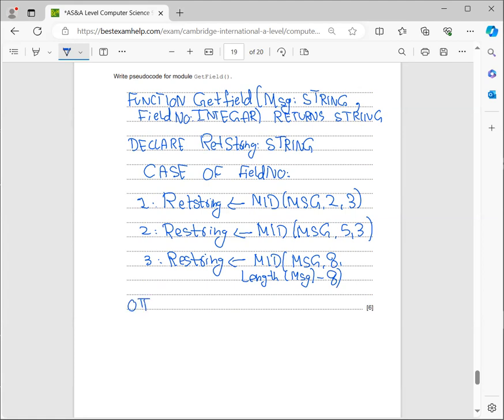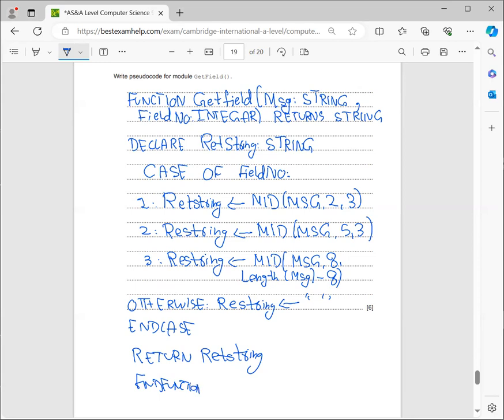And just in case if nothing like this happens, then otherwise your reset string should be declared as a null. And case returns reset string